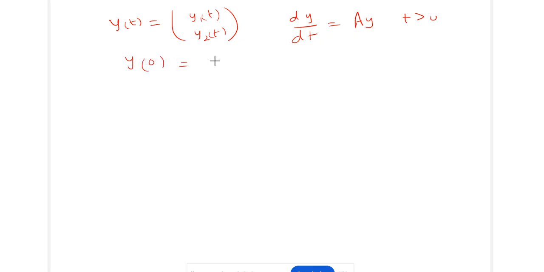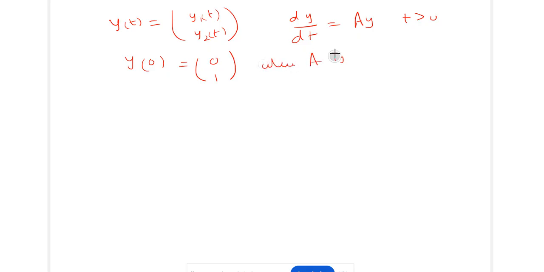First of all, the method of solving a first order system of ordinary differential equations. In this, let y of t be defined as y1 of t and y2 of t, and this satisfies the condition dy by dt equal to Ay, with t greater than 0, and y of 0 equal to the vector (0, 1), that is the initial condition,